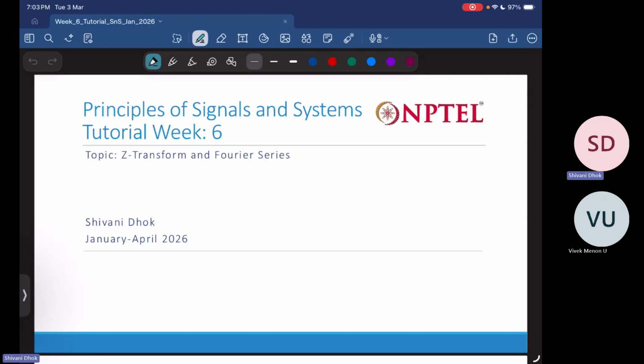So this week we continued with the concepts of Z transform, and we introduced another transform, or rather series, which is known as Fourier series. Fourier series gives you a frequency domain representation of your signal. We'll see what exactly was covered with a quick recap. Like every time, this week's tutorial will be divided into two parts. First, we'll do a quick recap of the content, followed by the questions related to this week's content.